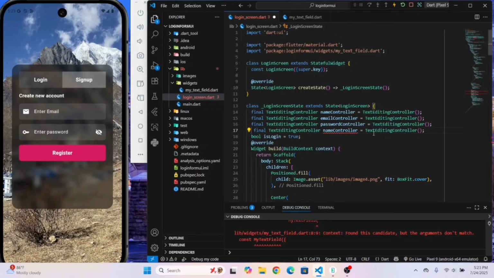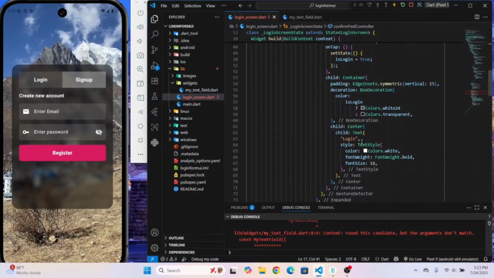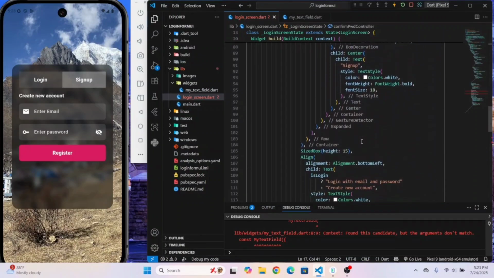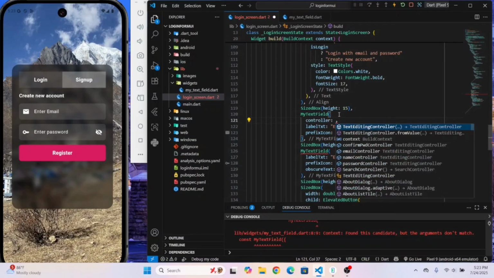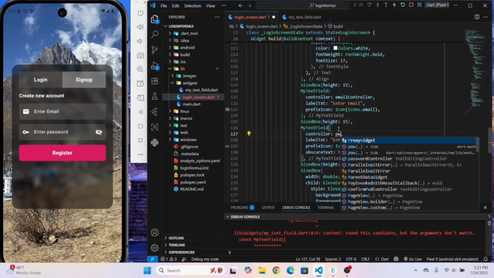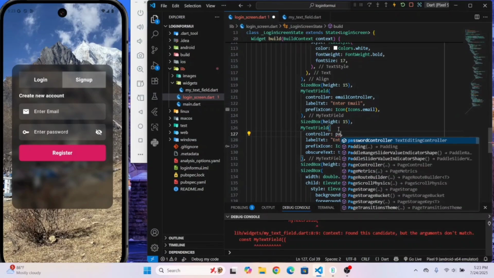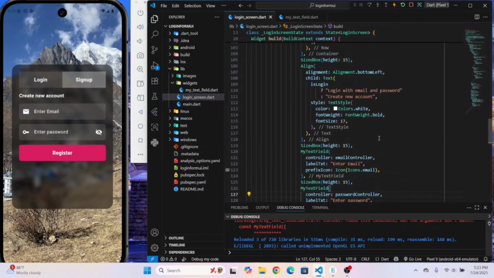Okay, also here let's send this to confirm PWD controller, and let's keep the controller here, right here, email controller for this one, and for this one, keep the password controller. Okay, and here, let's so